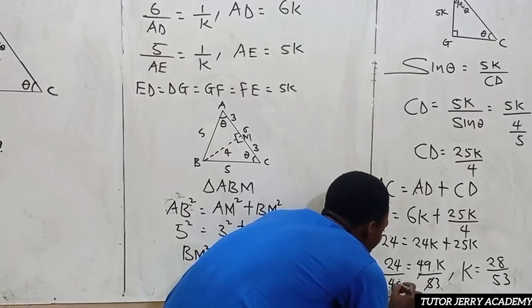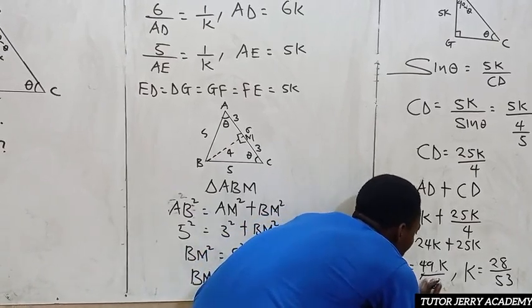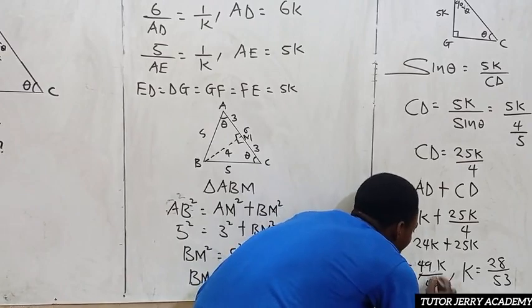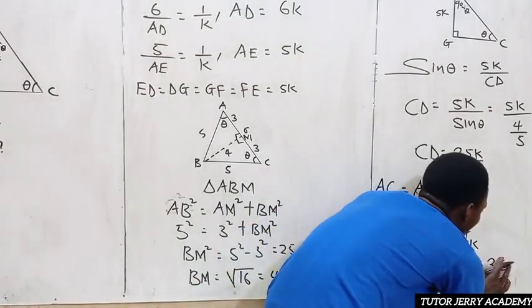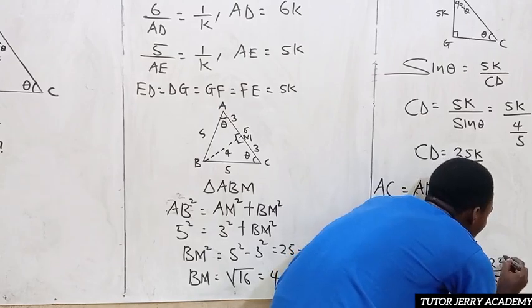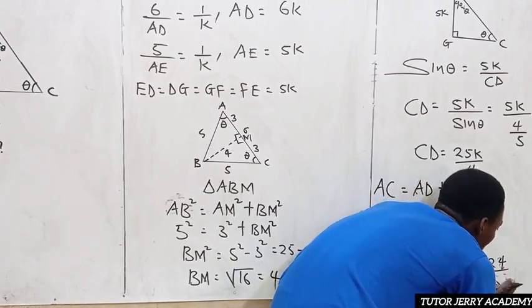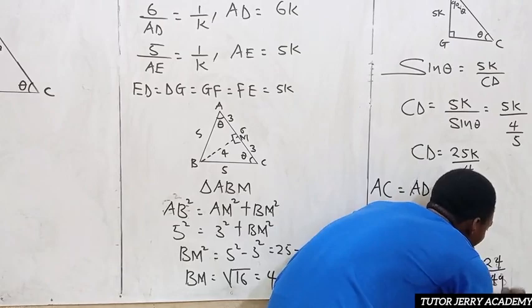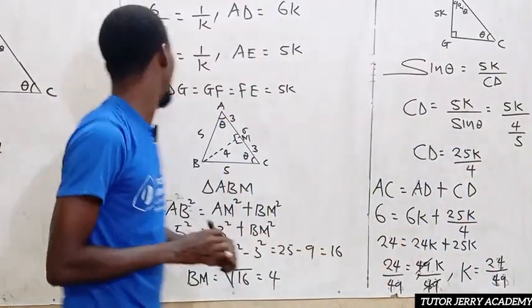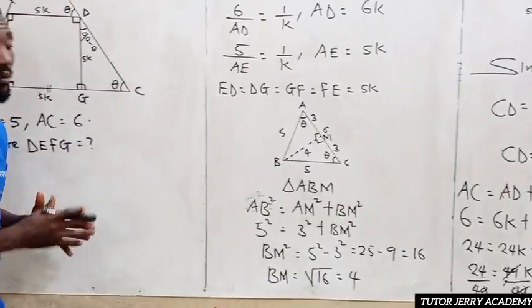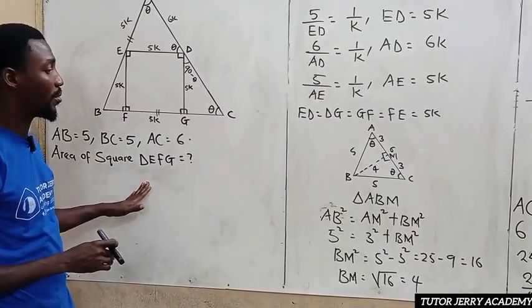So here we are going to have 49. Here too we are going to have 49. So here we are going to have 24 and we are going to have 49. Sorry. Now the next thing we want to find, now that we know our K,